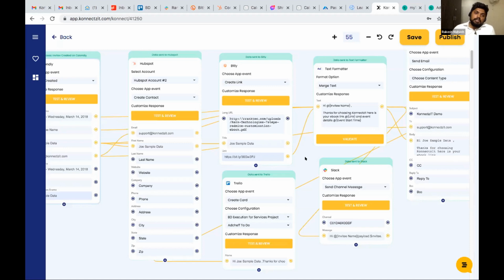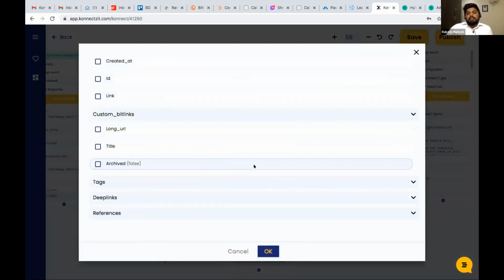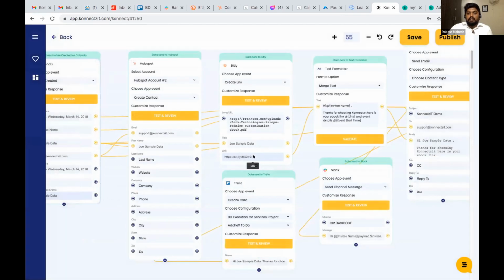So these tools actually give us the most robust thing, as you are mentioning about the lookup. This is where the additional attributes come into the picture. This is the data we get after we trigger that particular app in our test and review. They can use a lookup option. Once they get this data, for example this particular link, they can check a condition over here and send the data to this app or that app. Basically, that is possible.